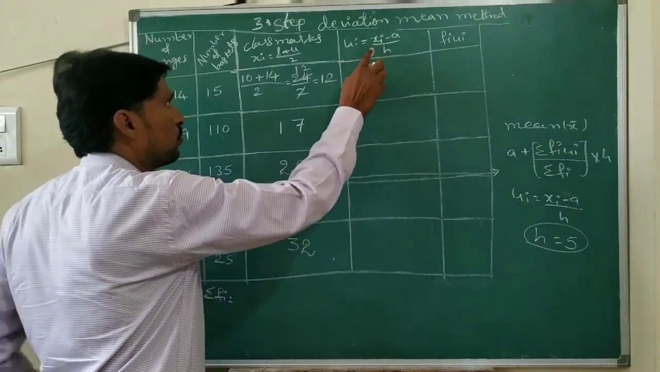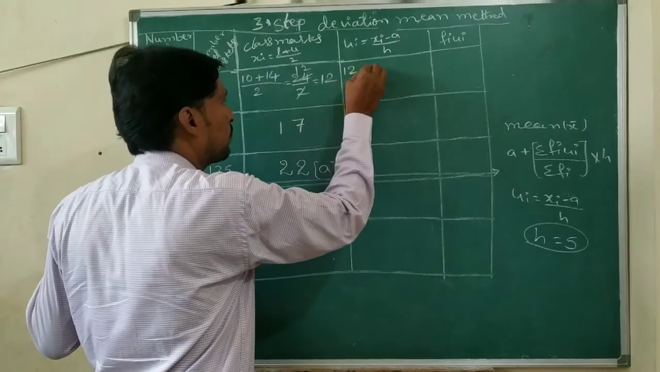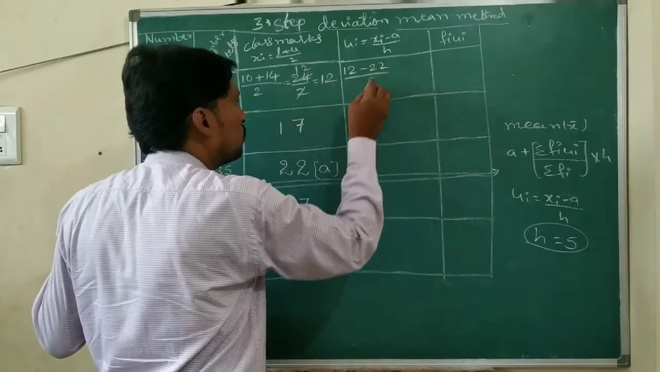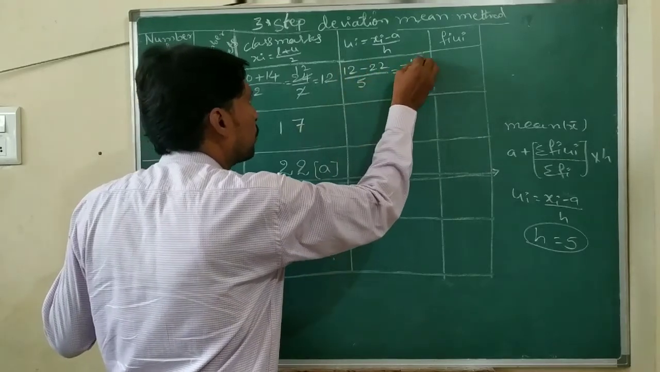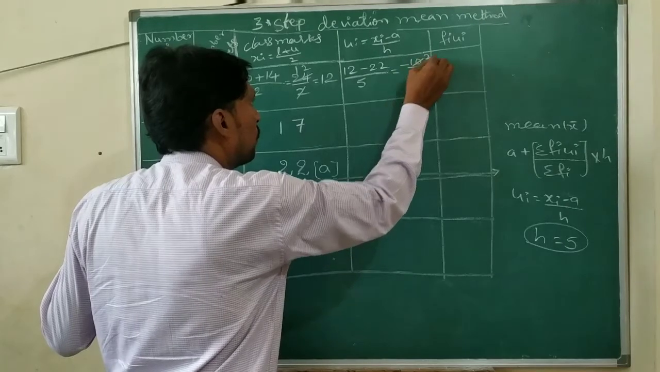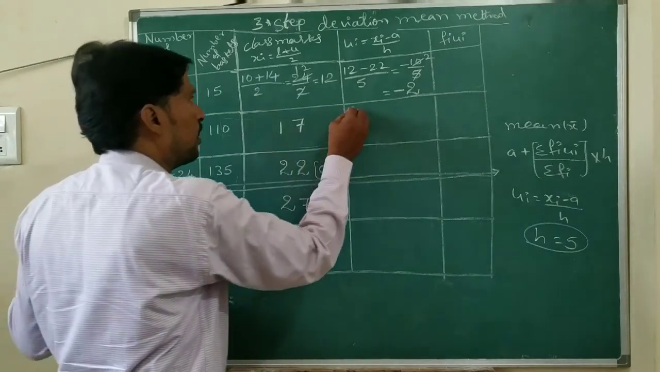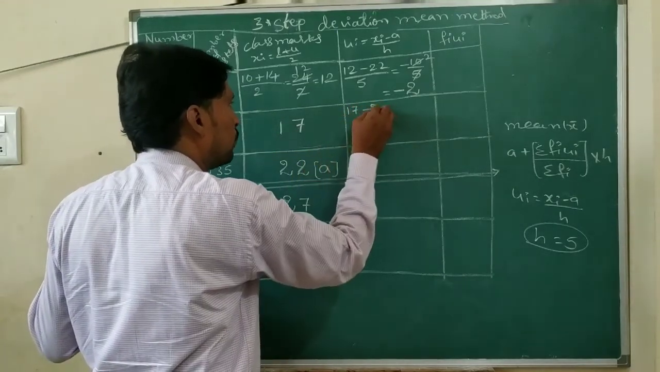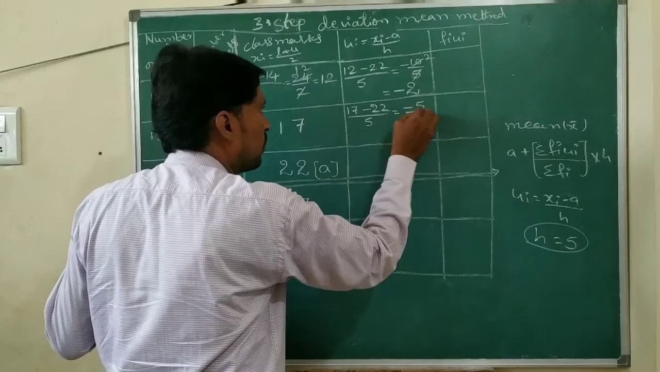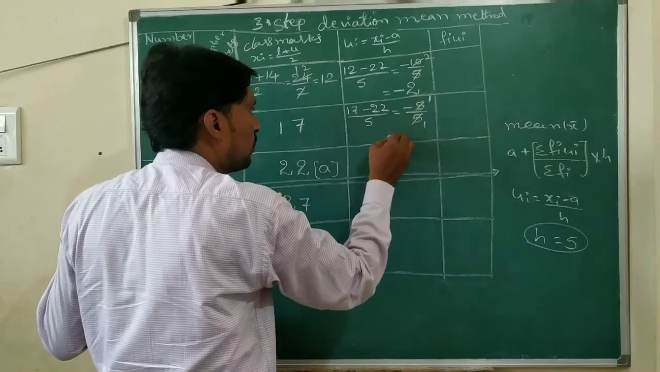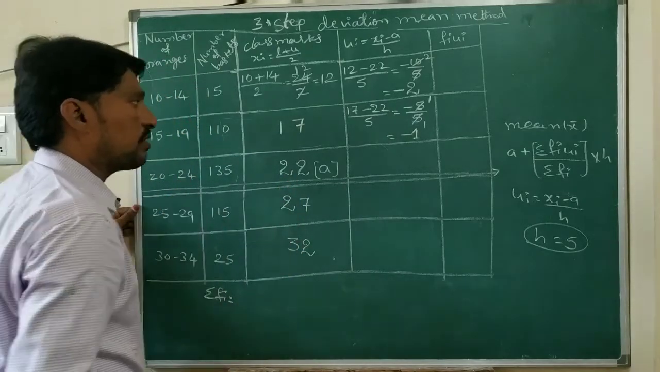Now you have to find the ui values. ui equals xi minus a by h. Xi is 12, minus a which is 22, by the h value, which we got as 5. That equals minus 10 by 5, which is minus 2. Next, xi value is 17 minus a value 22, by 5. That equals minus 5 by 5, which is minus 1. Next, for the 20 to 24 class interval,